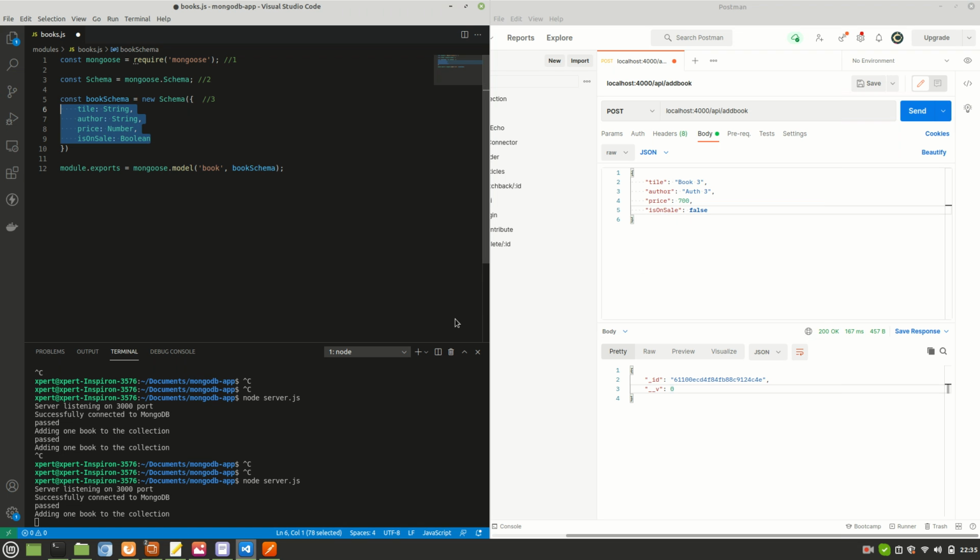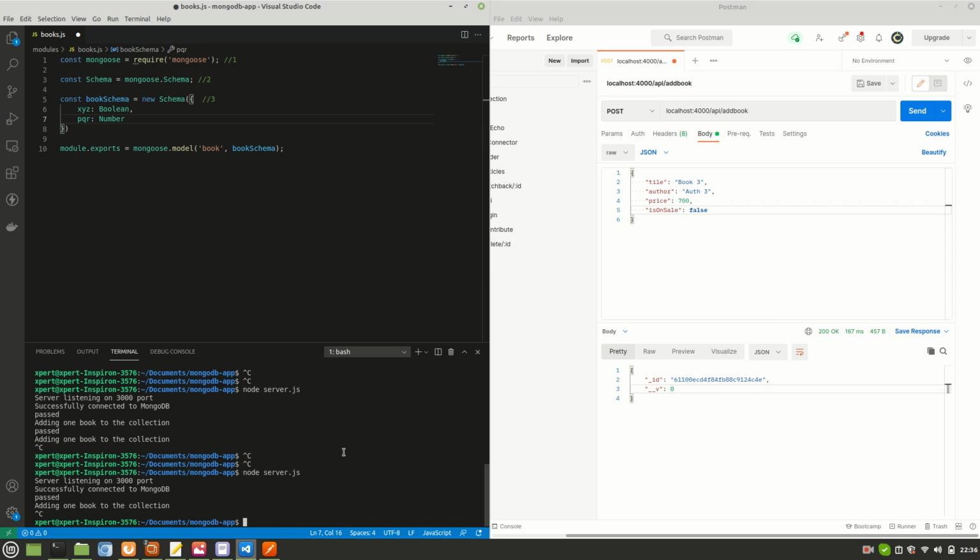Now let's try something else. I'll make it some other property. I'll call it XYZ and make it Boolean. I'll make it PQR and make it, let's say, number, and I'm going to remove these two properties.